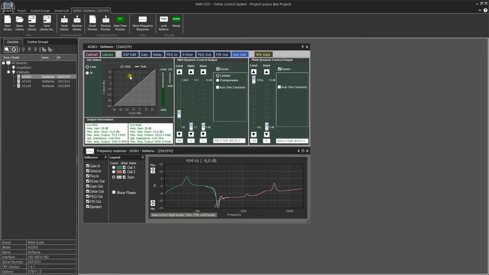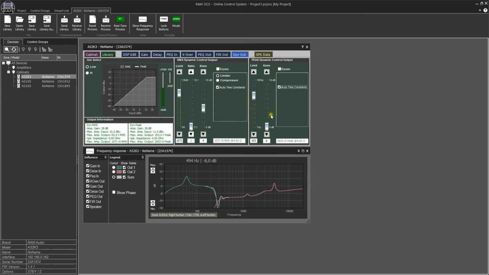Select the channel you want to modify and remove the bypass tick for the RMS and peak section and configure as desired. In the RMS section you define directly the output power in watts, taking into account the impedance you have configured at the beginning. In the peak section you configure the maximum peak output you can have in volts, and in the bottom info box you can see the corresponding value in watts.